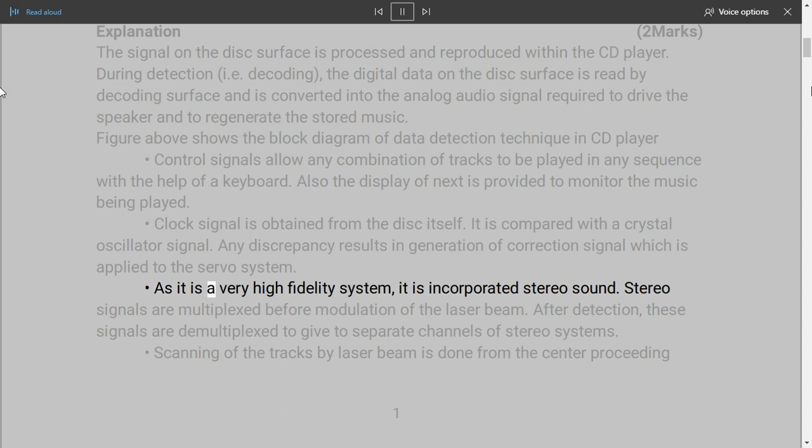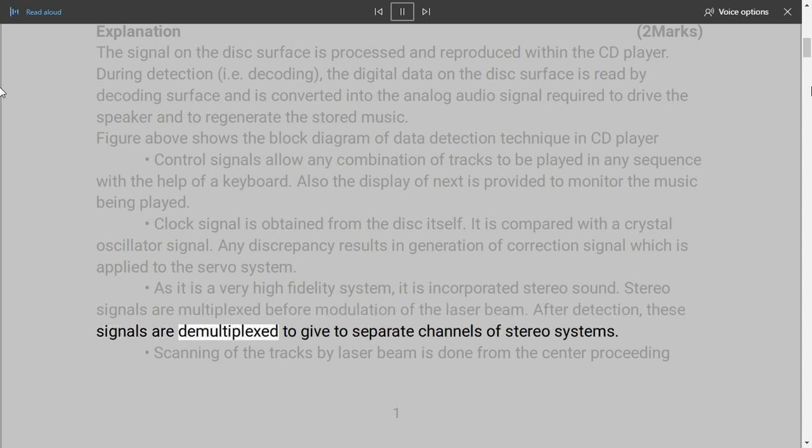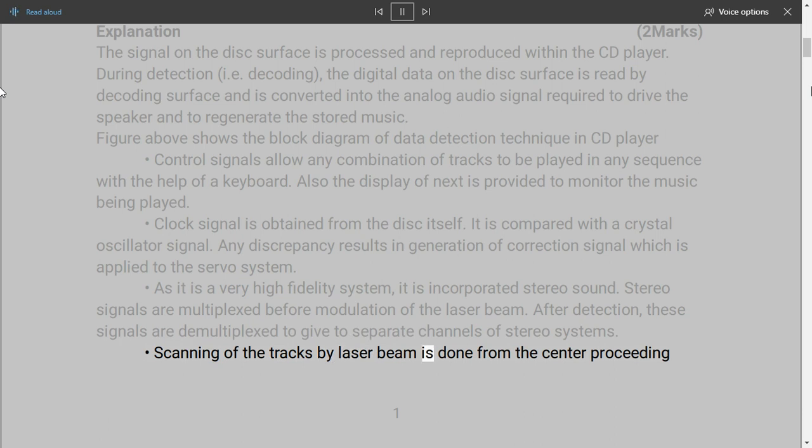As it is a very high fidelity system, stereo sound is incorporated. Stereo signals are multiplexed before modulation of the laser beam. After detection, these signals are demultiplexed to give separate channels of the stereo system. Scanning of the tracks by the laser beam is done from the center proceeding